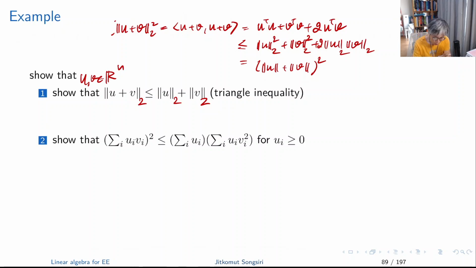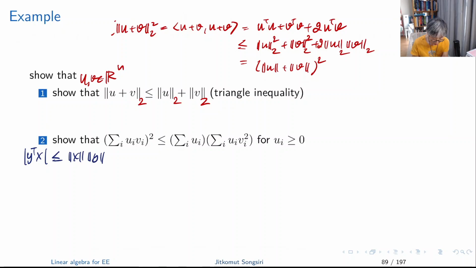The next example is the following. What if this is some inequality that you need to show? Maybe you can pause the video and think about it, and then we can compare the answer. In this example, you will see that in order to derive it, we are going to apply this Cauchy-Schwarz